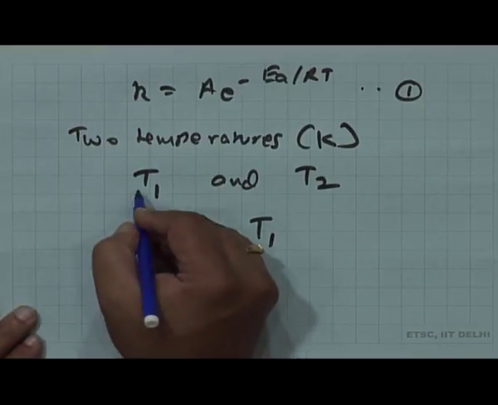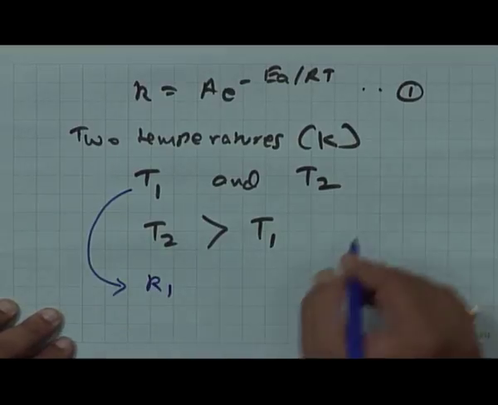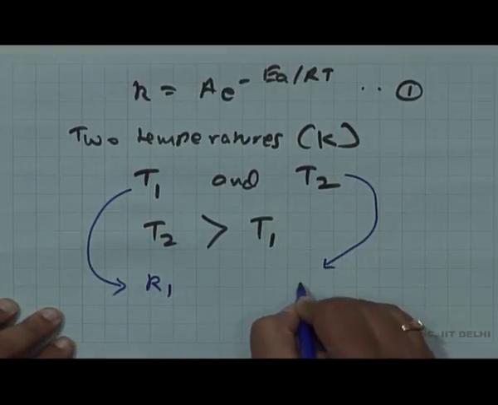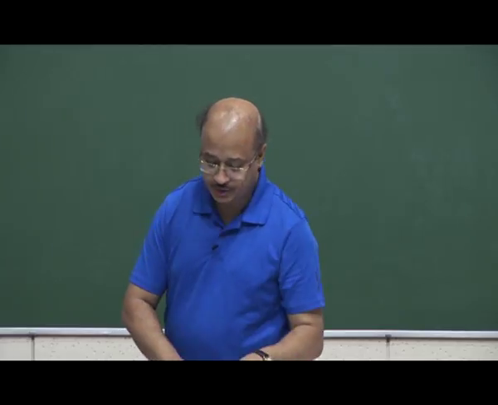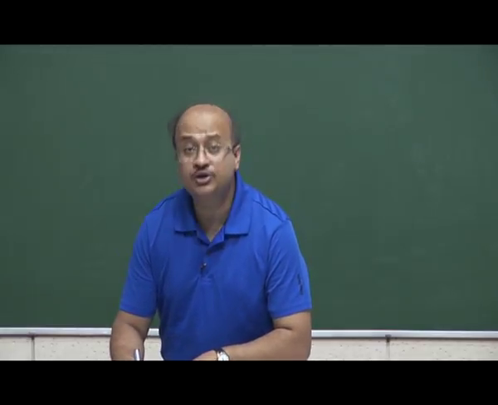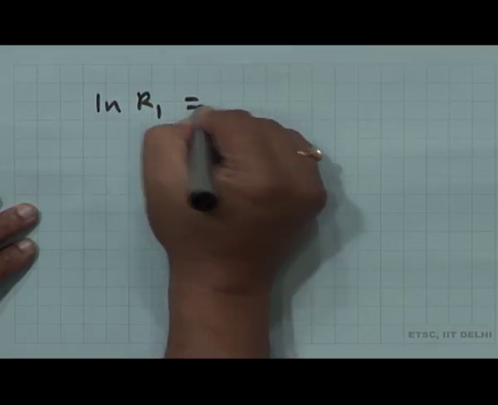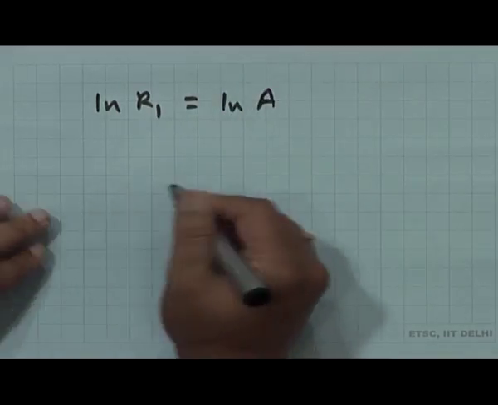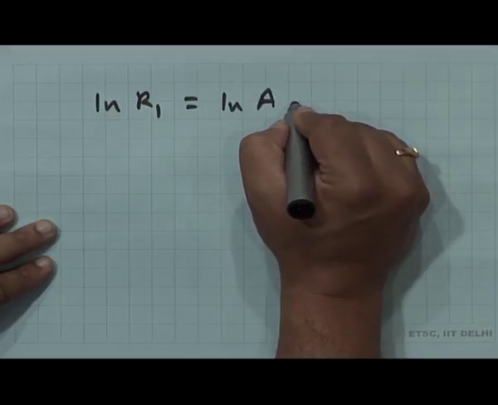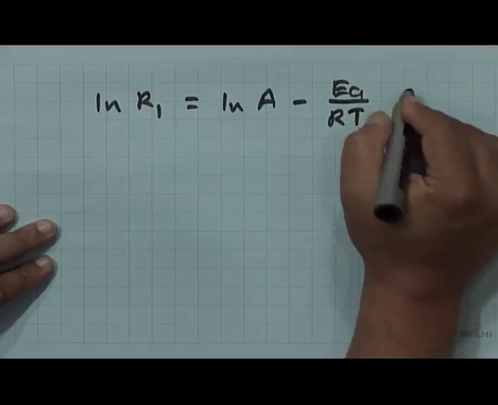So what I can say is that here for T1 the rate constant is K1, for T2 the rate constant is K2, okay. Once that is clear, let me write down the expressions. So I have then, based on the Arrhenius equation, natural log K1 is equal to natural log A minus Ea over RT1. Let this be